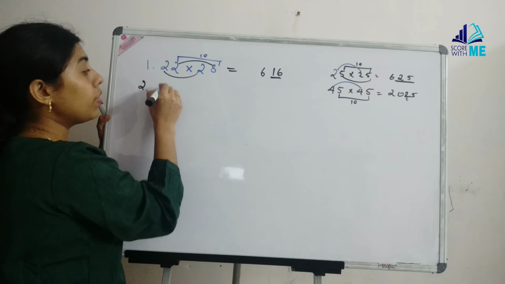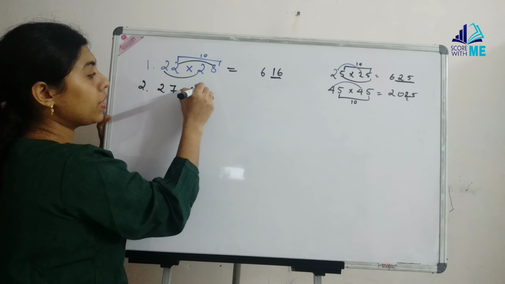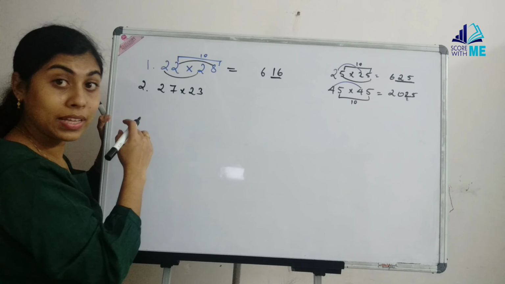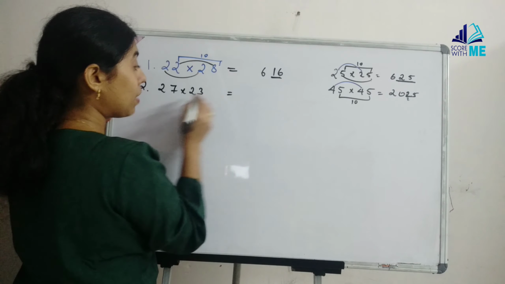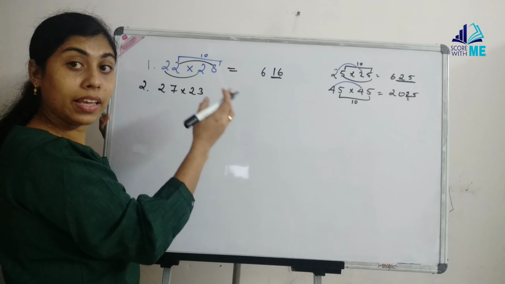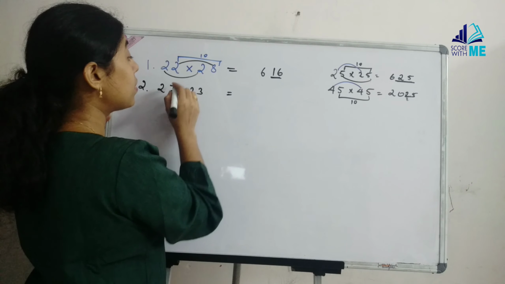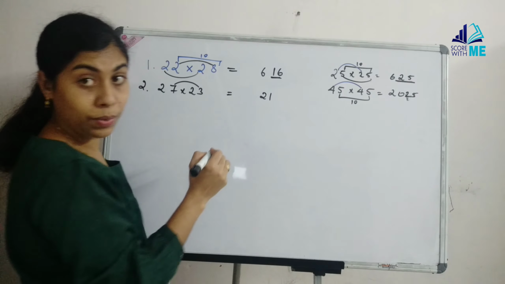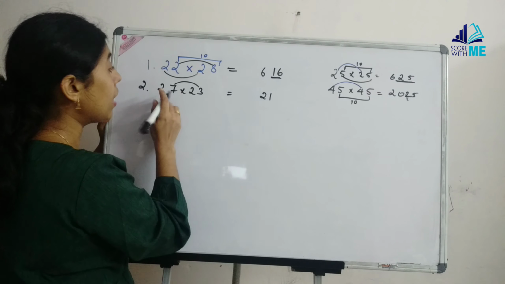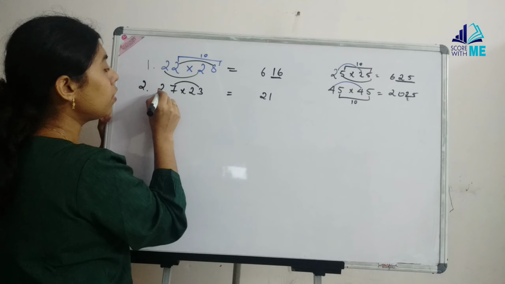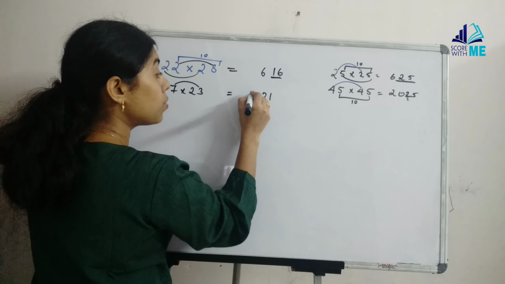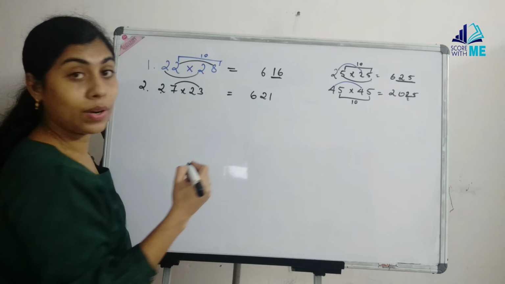Another example with the number starting with 2. Again we'll take 27 into 23. If you observe, 7 plus 3 will give us the sum as 10. So this pattern should be applicable here as well. And the tens place, they are the same, 2 and 2. So the numbers will give us the answer: 7 3s are 21. So the product ends in 21, and the number preceding that will be 2 multiplied by the next number. 2's next number is 3, 2 3s are 6. So the answer is 621. Let us take a few more examples.